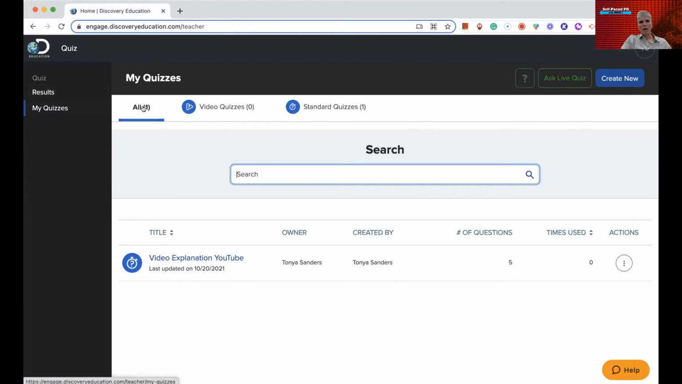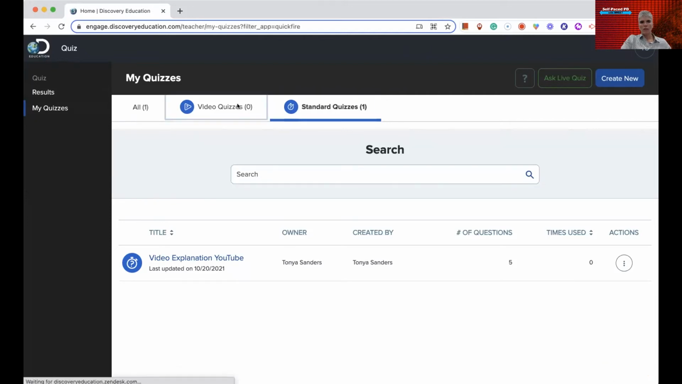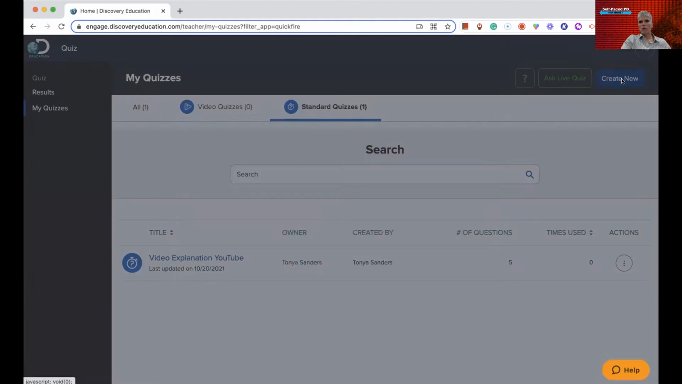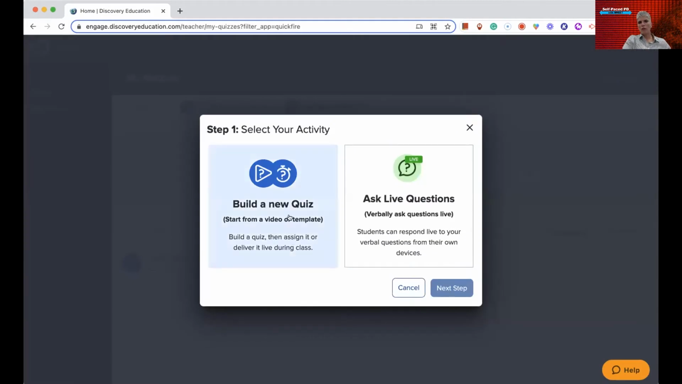Now, this is all my tests. I could look at video quizzes, which I have none, or I could go to standard quizzes, which I have one. So this is just to filter out the way that it looks from your view as a teacher. Now I can also do the create new, build a new quiz, and then I could choose video from